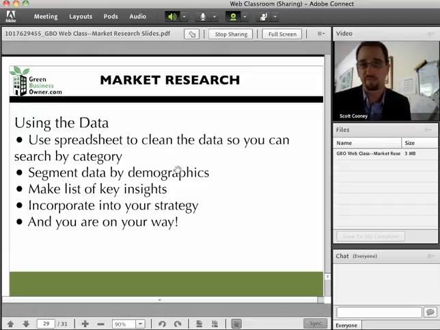And this would be the same for SurveyMonkey or even the focus group. You can conduct multiple focus groups. Depending on how many one-on-one interviews you do, you might have a lot of data you want to clean up in a spreadsheet. You want to segment it down by demographic. You can do a quick organizational thing in an Excel spreadsheet, and everything will switch up so that you can see what all the men are saying. You can see what all the women are saying. You can divvy up data that way.